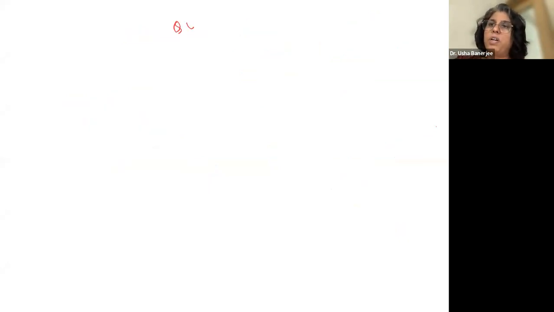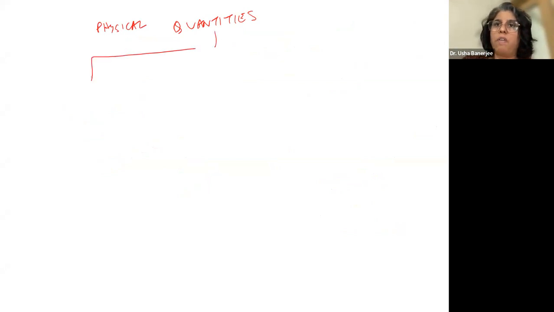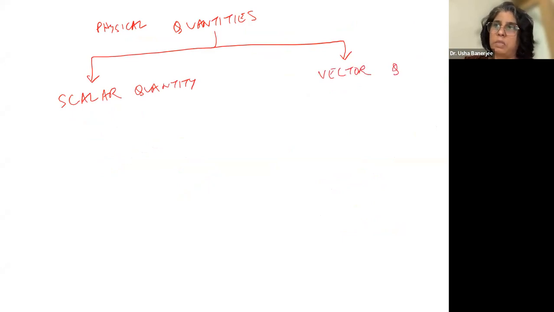Now, whenever I talk about quantities, that is physical quantities, so physics is completely a study of physical quantities. We have two types of quantities. One is called a scalar quantity. These are concepts which my children know in class 6, my batches. This forms the basis of physics. So we have scalar quantities and vector quantities. Scalar quantities have